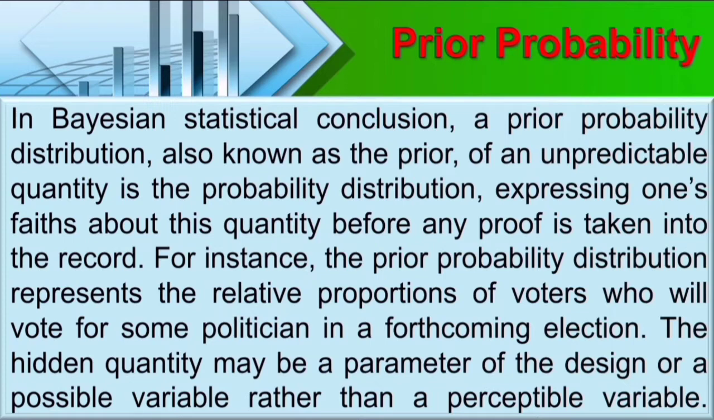is the probability distribution expressing one's faith about this quantity before any proof is taken into the record. For instance, the prior probability distribution represents the relative proportions of voters who will vote for some politician in a forthcoming election. The hidden quantity may be a parameter of the design or a possible variable rather than a perceptible